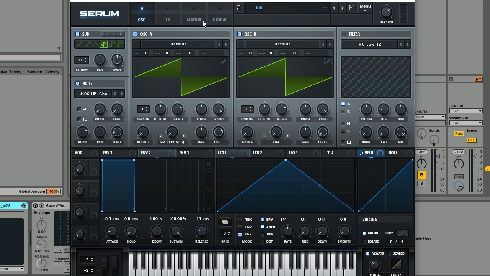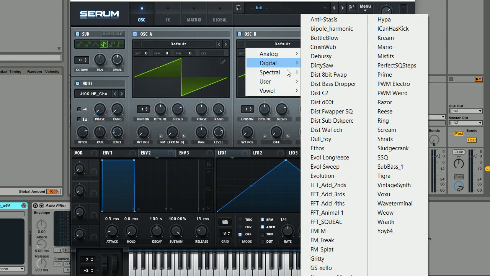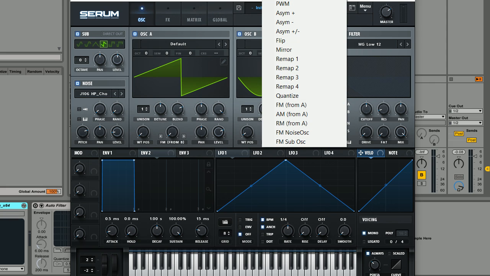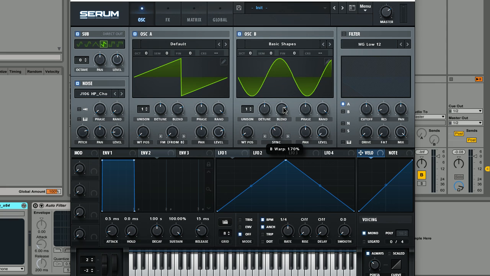What we're going to do is make sure that oscillator A just stays as it is, just the default saw wave. But for oscillator B, we're going to use a warped sine wave. So we're just going to use a normal sine wave. Sorry, not basic mini. You need to go to basic shapes. We're just going to use the sine wave, and then we're going to use the sync no window warp mode. Somewhere around there, and then we're going to use this synced waveform as a modulation source